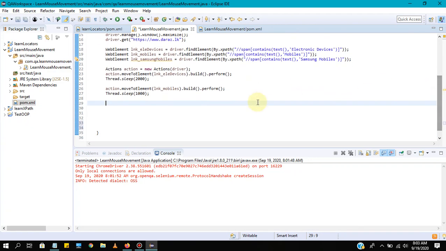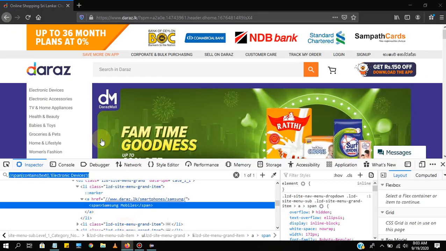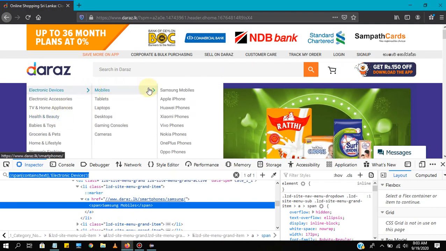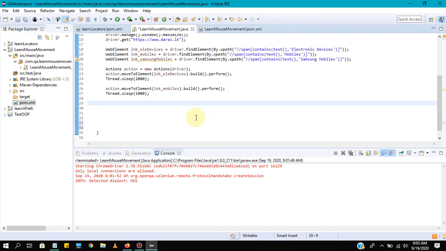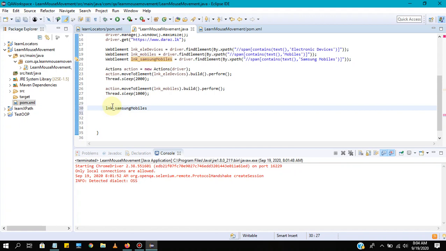Once these two elements are enabled, once these mobiles are enabled, you can simply click on the Samsung mobiles. So in this case we can use the click command. Sorry, in this case we need to use this variable. We already stored this variable, so just copy this variable. Using this variable you can call that click command.